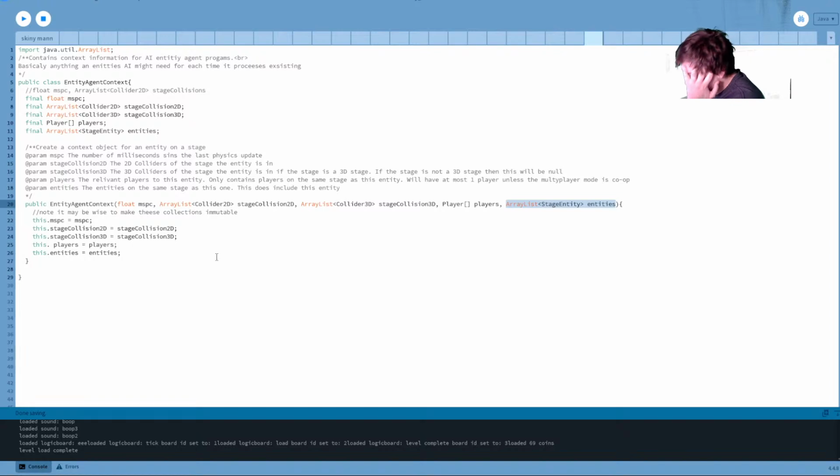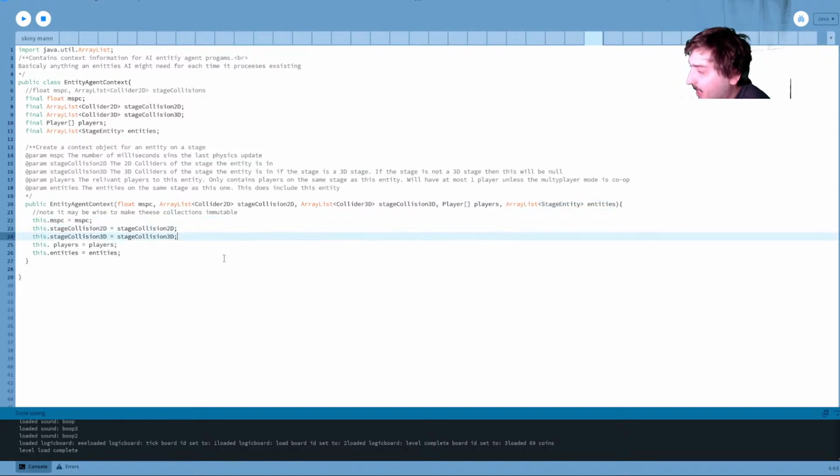I would never screw it up in a way that would cause these entities to start modifying the content of the stage. But I can't guarantee that other people who might work on this in the future would not. So maybe that'd be a good idea, but for now I'm not going to bother. Anyhow, that should be a sufficient description of what each of these parameters is supposed to be, at least.